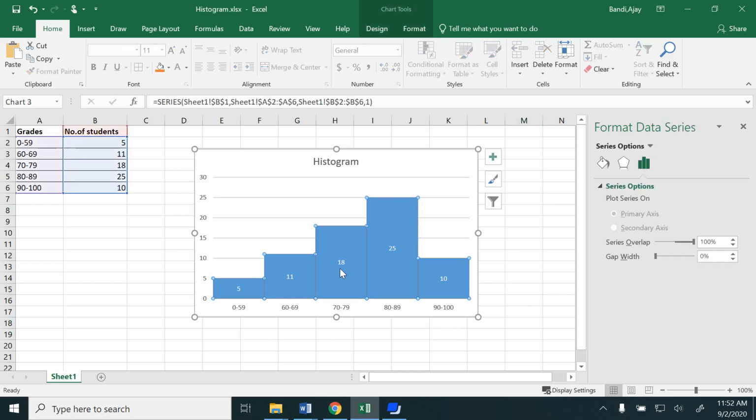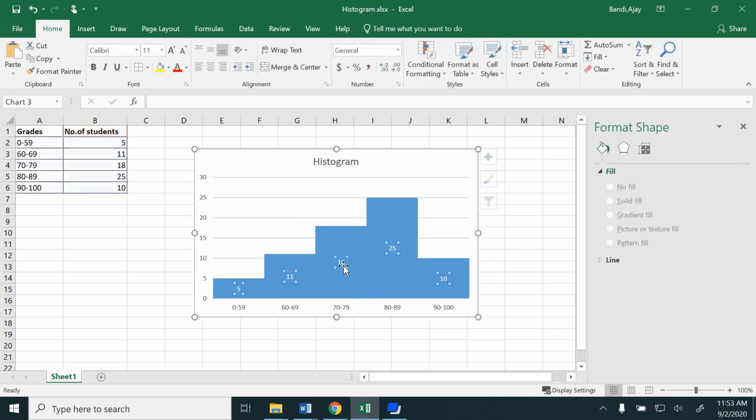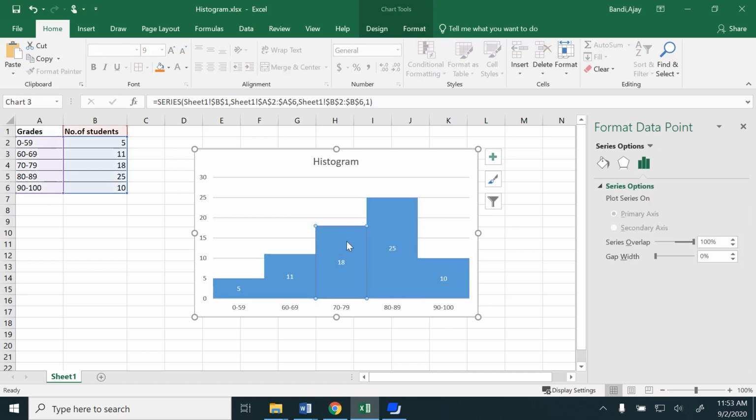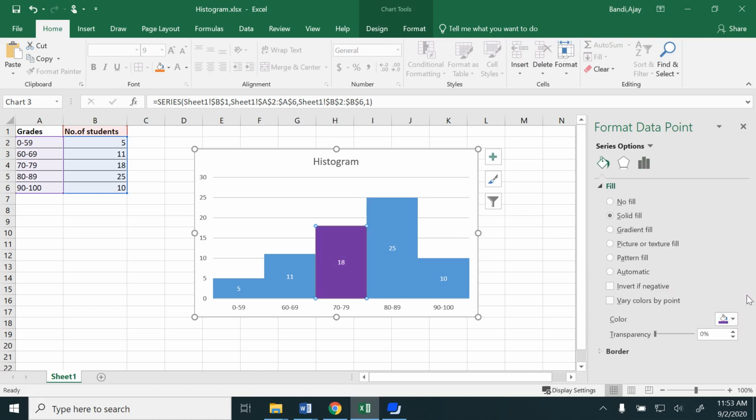For that, what you need to do is select one particular column, go to Fill, and then here you have color. You could change whatever color you want, and maybe for these two,